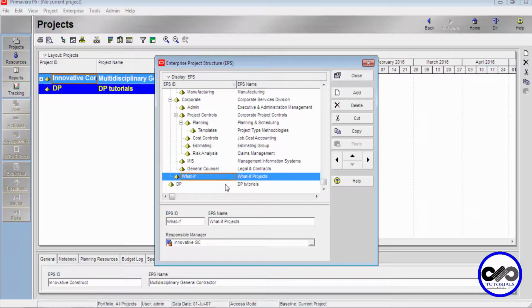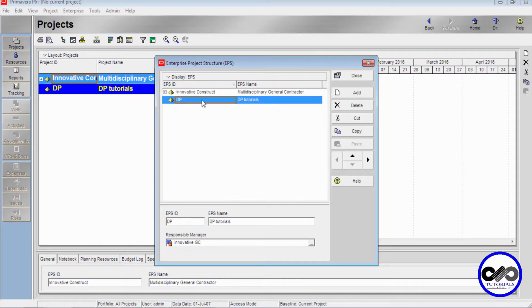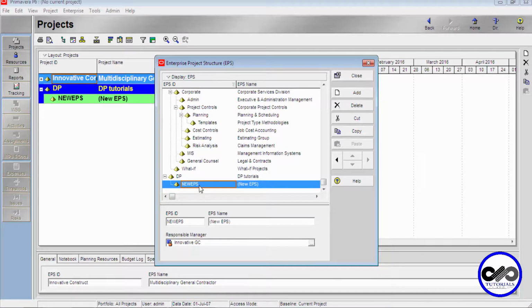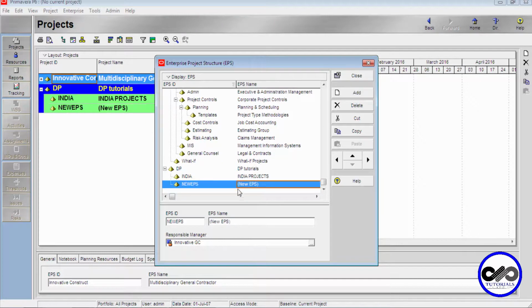So this is our organization name, and this will be further divided. I add, and I would be giving India projects. Okay, and I'm adding one more, calling it USA projects.